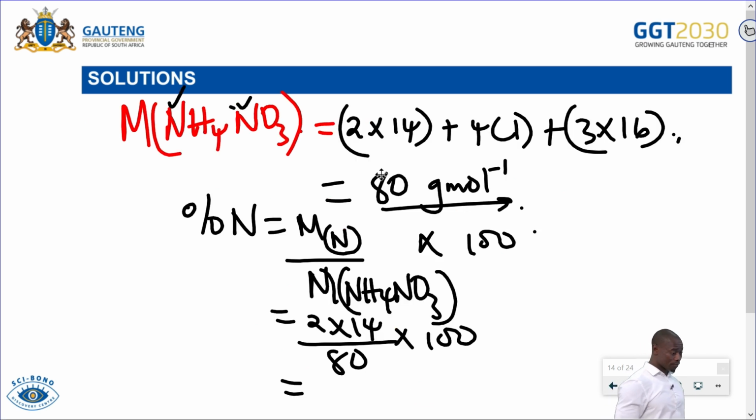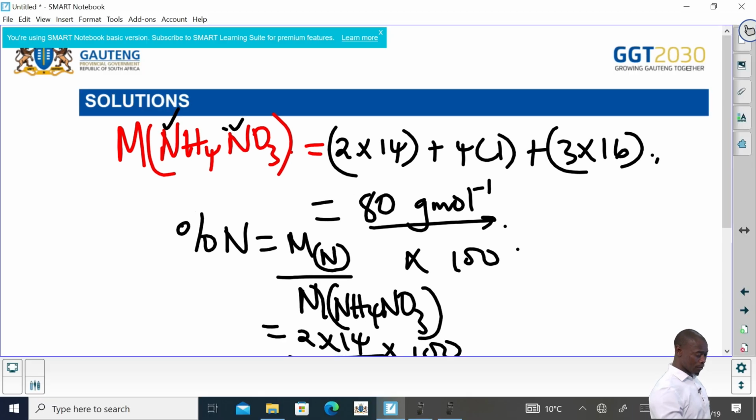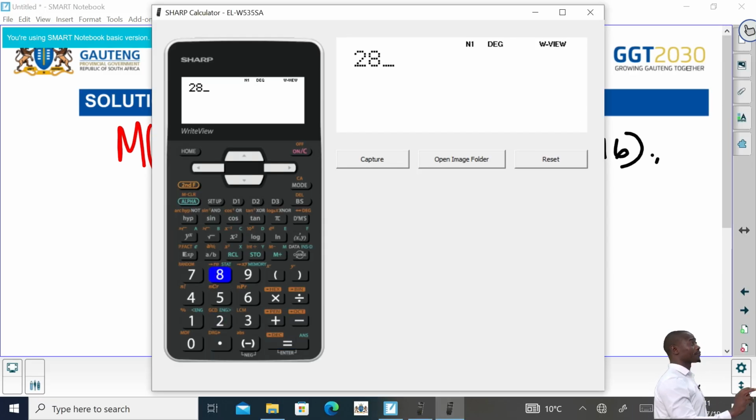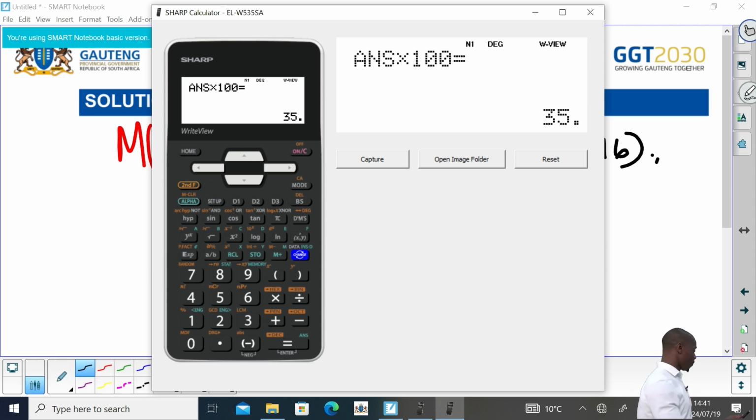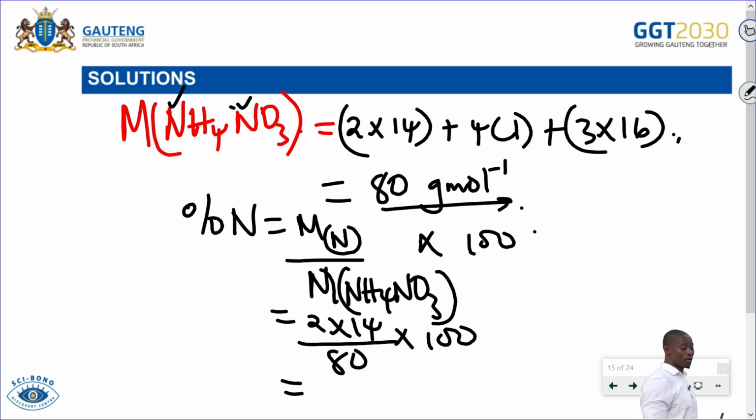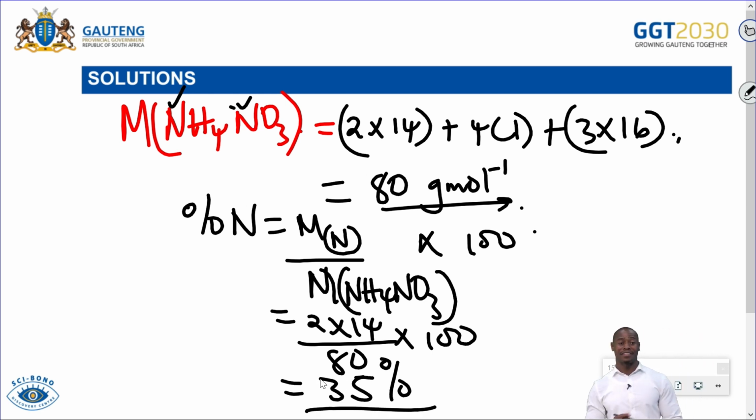Okay, so let's calculate that. So it's 28 divided by 80. Okay, multiply that by 100, right? Then it's 35 percent. So it's 35%. So the percentage of nitrogen in ammonium nitrate is 35 percent. Then